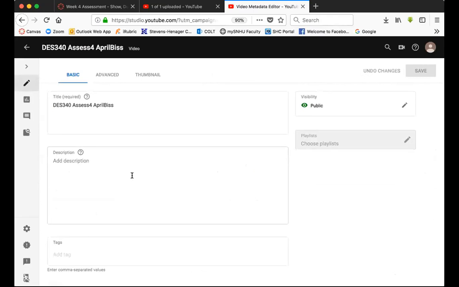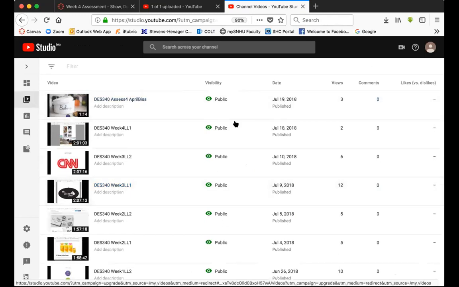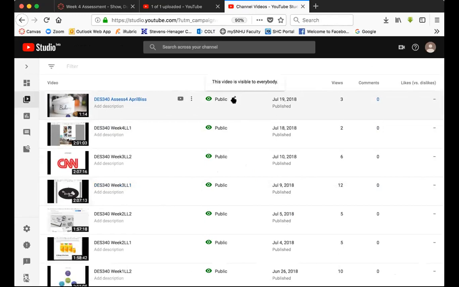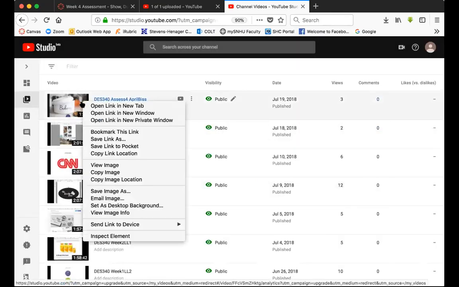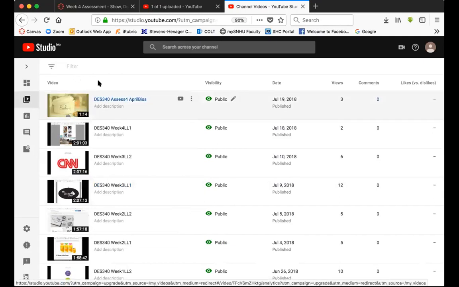I may have to do a little digging here, but there should be a way that you can delete this, and it's just giving me problems here. They changed this whole thing, so it's definitely different. I'm wondering if we could just click on it and delete it, but it's not letting me do that. All right, well, maybe you won't be able to delete, or if you find out, let me know,